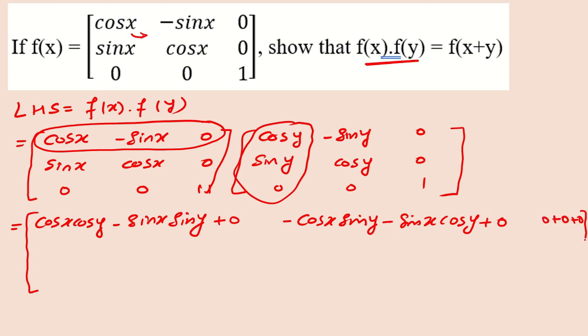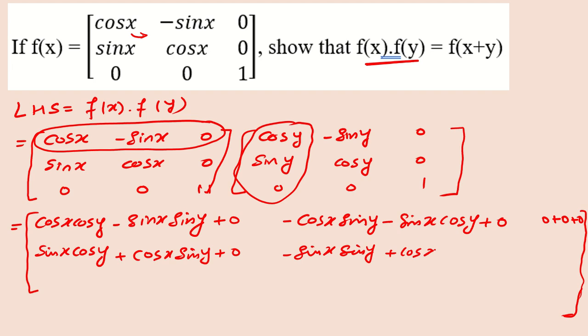Okay. Same you will continue for all rows, and I am doing it a little quickly. So second row and first column, it will be sin x cos y plus cos x sin y plus 0. Then second row, second column, it will be minus sin x sin y plus cos x cos y plus 0, and third will be 0 plus 0 plus 0. Okay. And the last one, 0 times 0, 0 plus 0, and if you multiply them, you will get